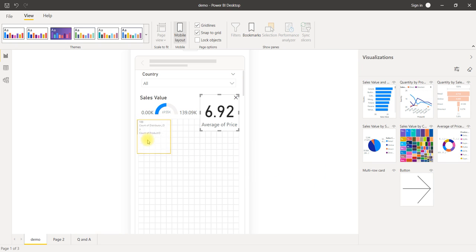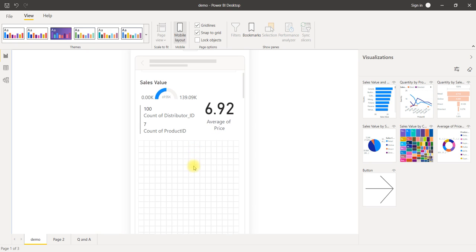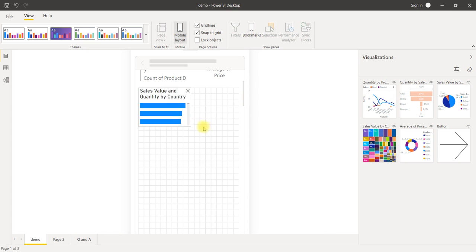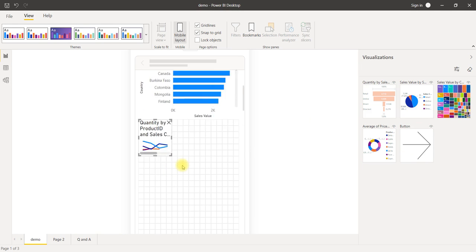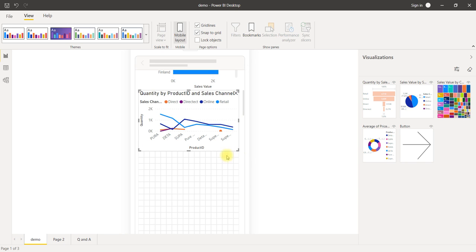Select and drag where you would like to place it in your mobile format, how it should look. Okay, like this, and we'll say this particular thing should be a little bit larger. Then scroll down. I would like to show him this particular chart like this, and the line chart to be shown after the bar chart. Drag to set it to one particular size.